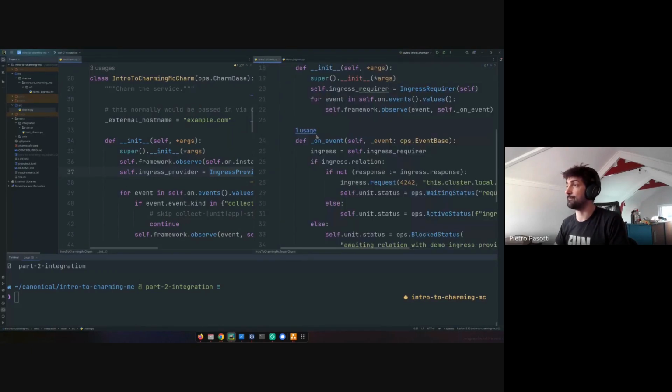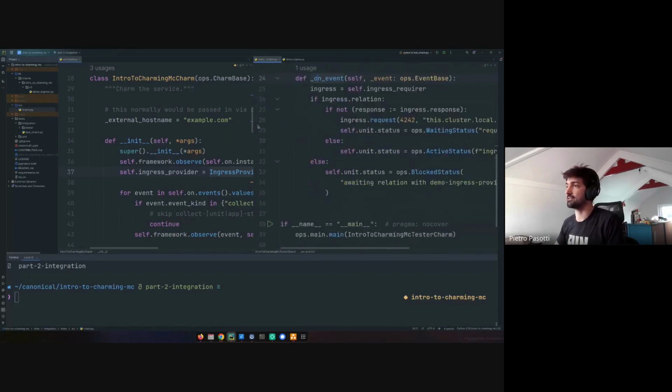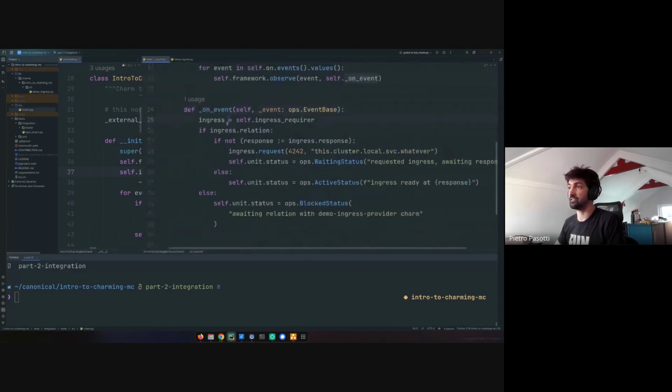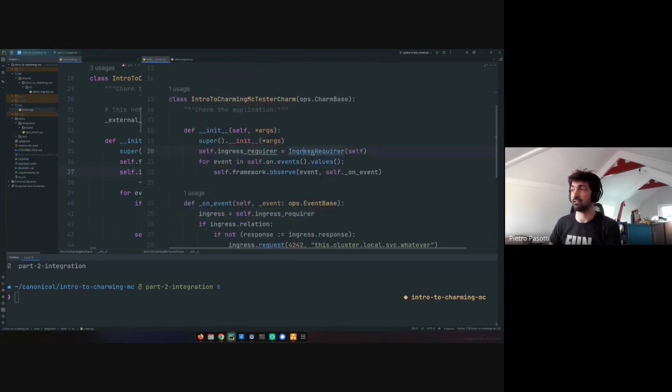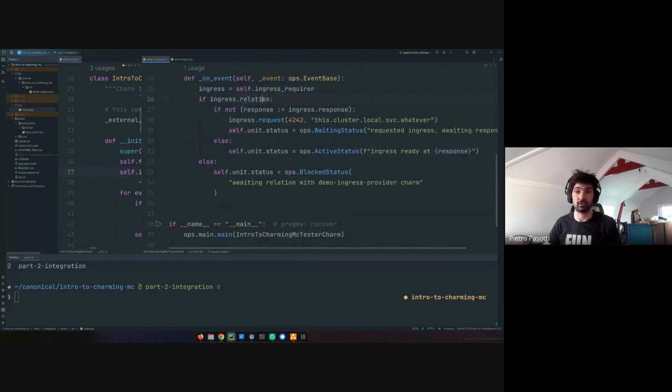It has a single catch-all event handler, which has a very simple control loop. What it does is it checks if the ingress require object that we have defined here has any relations. So if there are any relations that are active on this endpoint,